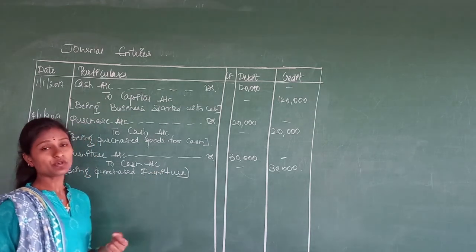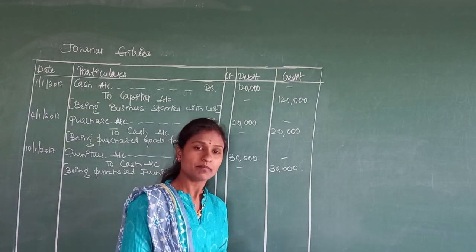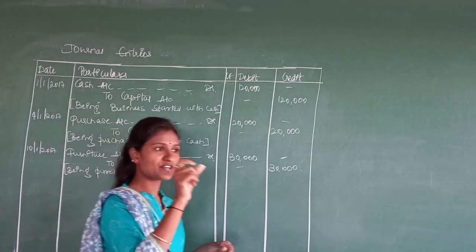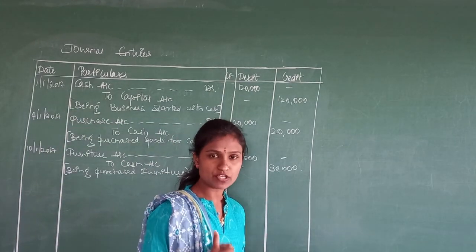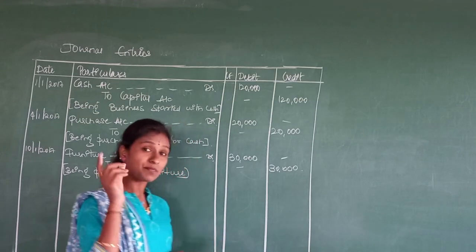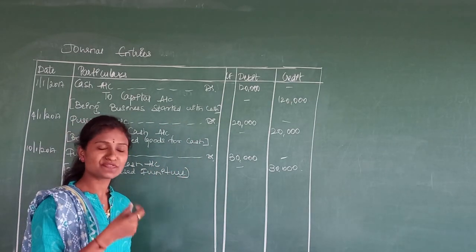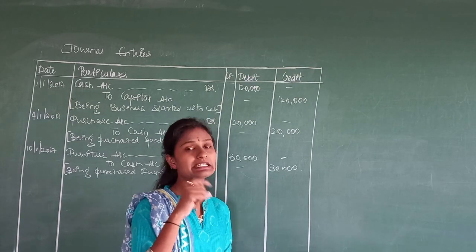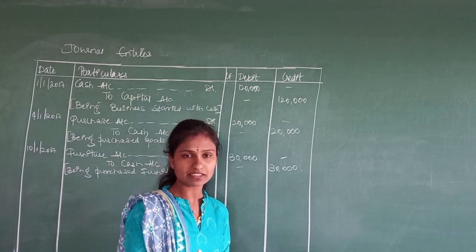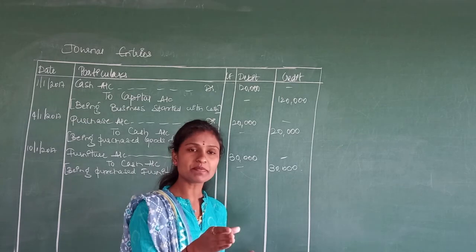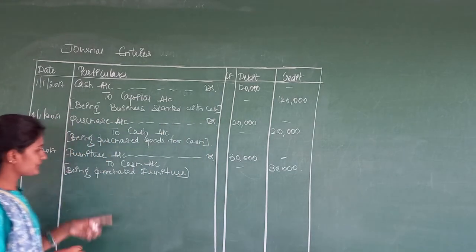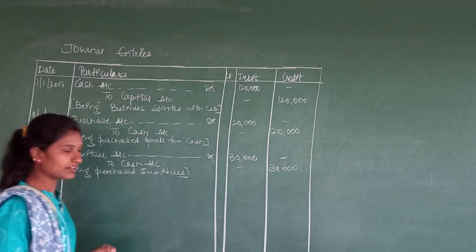You may be in a confusion, that they have given only the transaction, that is purchase furniture. Yes, we don't know about the cash, whether they are giving cash or not, but actually we assume that when we are purchasing furniture, only purchase furniture transaction has been given, then we assume that we are giving cash. Suppose they give you a word that is purchase furniture on credit basis, then it is said as on credit. But if nothing is given, only purchase furniture, then we definitely assume that we are giving cash here. So this is the transaction journal entry here.